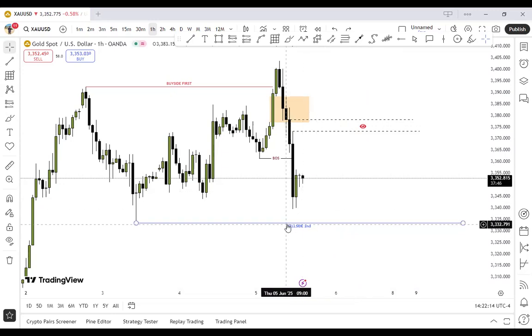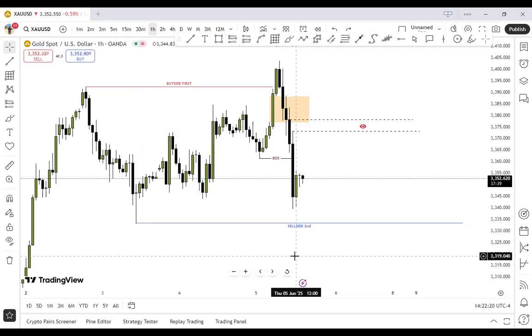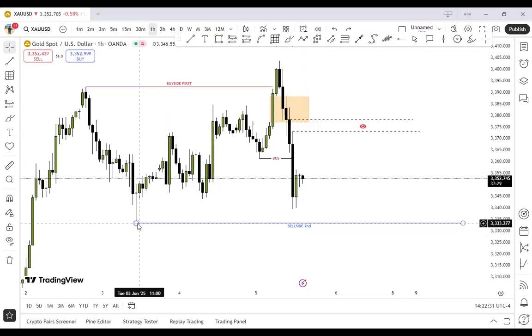You have to ask yourself a question. Why is price taking this low? A fair value gap is resting below this low. That's why there's likely to be a double tap. That is why we are likely to have a double tap, because we have a low resting, and we have a daily fair value gap here.